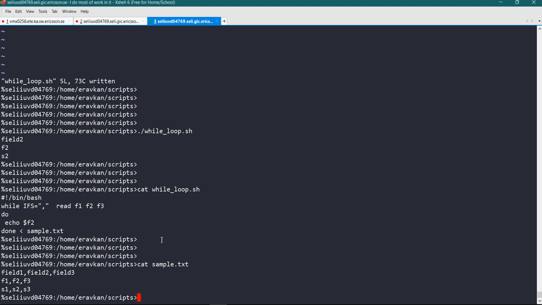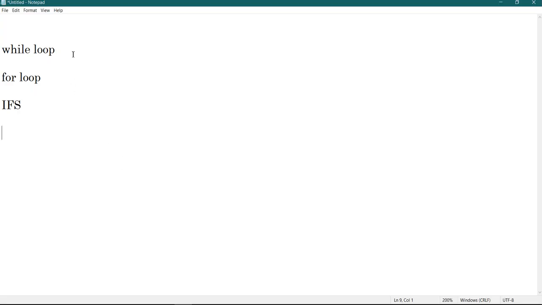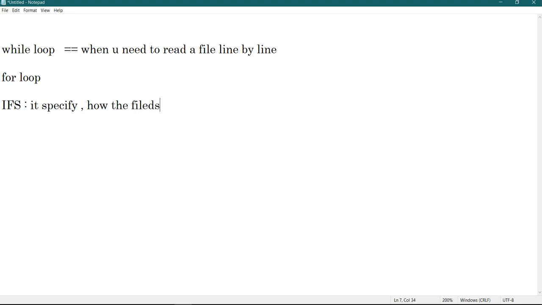When I need to read a file line by line, the while loop is important. IFS, internal field separator, specifies how the fields are separated in my file.